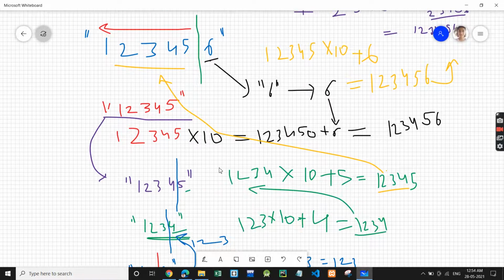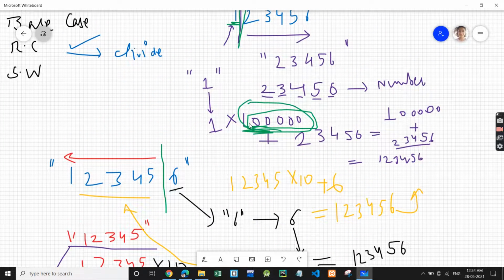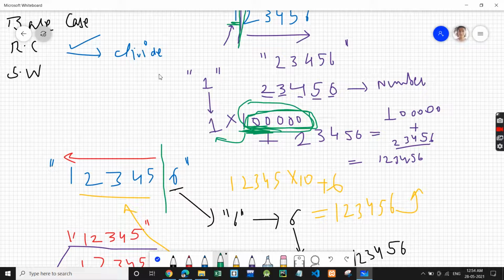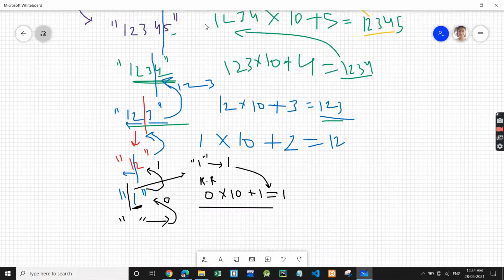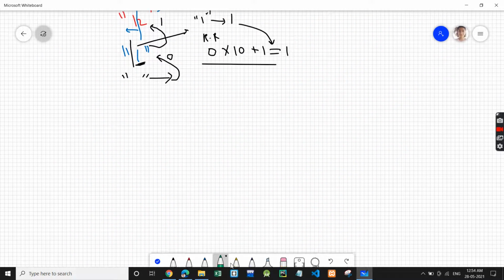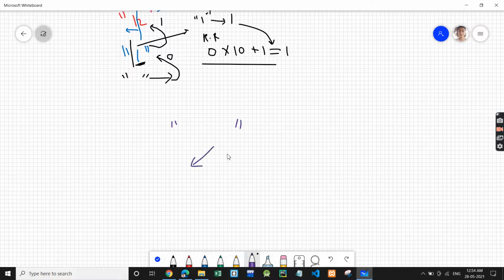So this is more easier than this first approach, right? Because every time in the first one we need to know how many zeros number we need to multiply with the first index, this one. This is also correct, right? But the second one is more easier. So basically what we learned from this question, we learned that if we have a string, right, there are two ways to do the recursive call. Two ways, right?